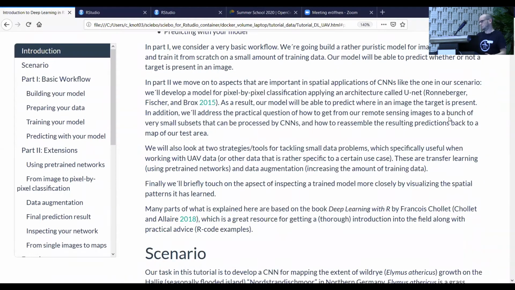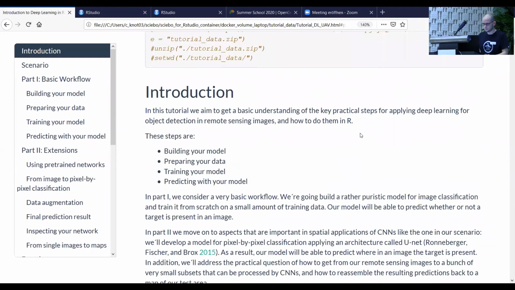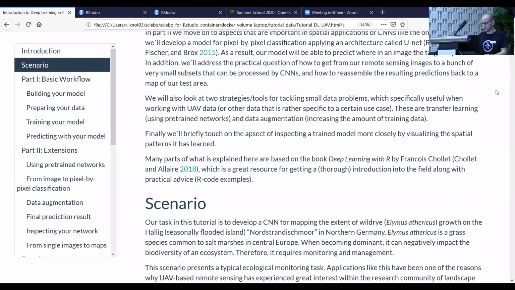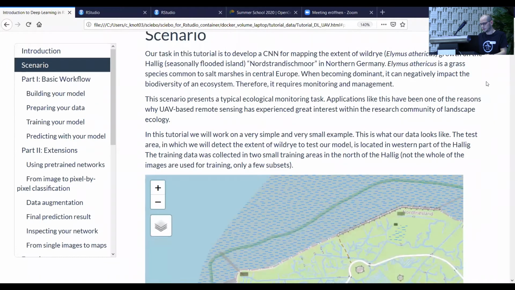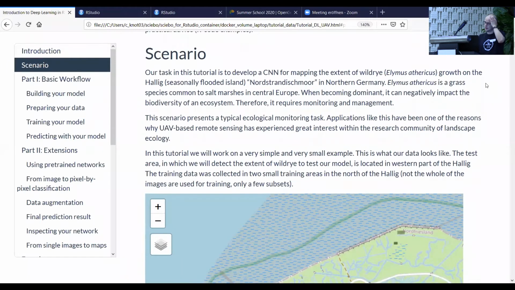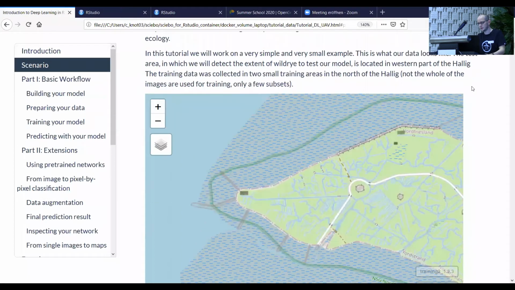So that's the plan for this tutorial. As I said, the basic steps that we want to go through are building your model, preparing your data, training your model, and predicting with your model. And the scenario is the following. So our task will be to